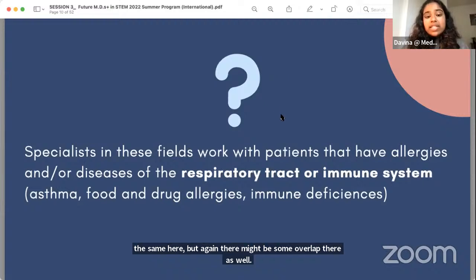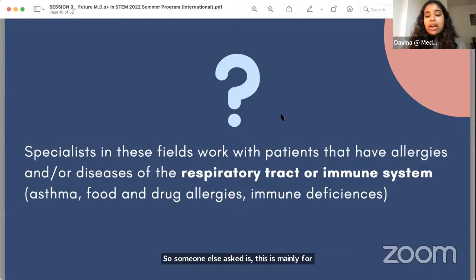So someone else asked if this is mainly for nurses. What we're talking about right now is medical school, but if you are planning on applying to nursing school, this information is definitely helpful as well because it is talking about a lot of fields that overlap with nurses as well. And keep in mind that if and when you are working as a medical doctor or you're in medical school, you're not just going to be working with only medical students or only doctors. You're going to be working with the whole team at the hospital, which includes radiologists and volunteers and nurses and all different kinds of people that are working there. So it's not that this does or doesn't mainly pertain to nurses, but we're just talking about what you would be pursuing as an MD, but you might be able to work with other people as well.